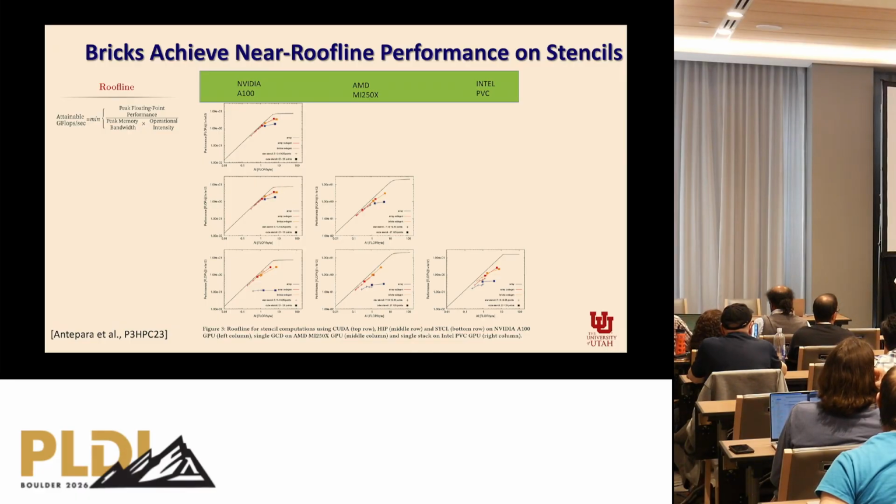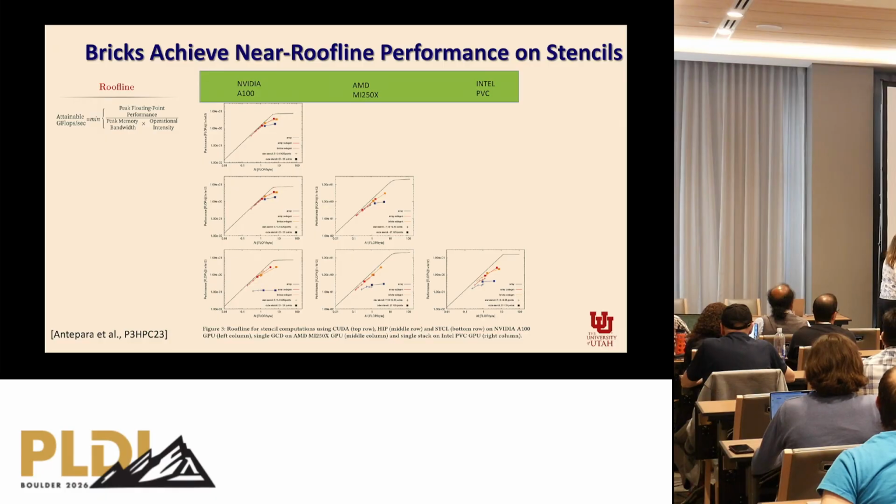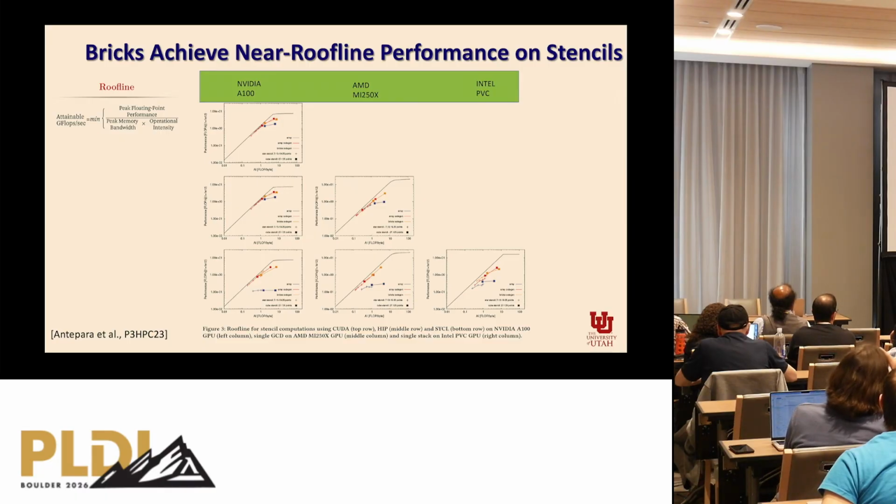this project targeted 3 different architectures associated with the DOE's exascale computing project. So we're showing an A100, an MI250X, and Intel PVC. These are different GPU architectures. And the reason for the kind of triangular shaped set of graphs is that the first one is the A100, and the programming model is either CUDA, HIP, or SYCL. And when you get to the AMD, it only supports HIP and SYCL, and when you get to the Intel, it just supports SYCL. And so that's why it looks like this. And the